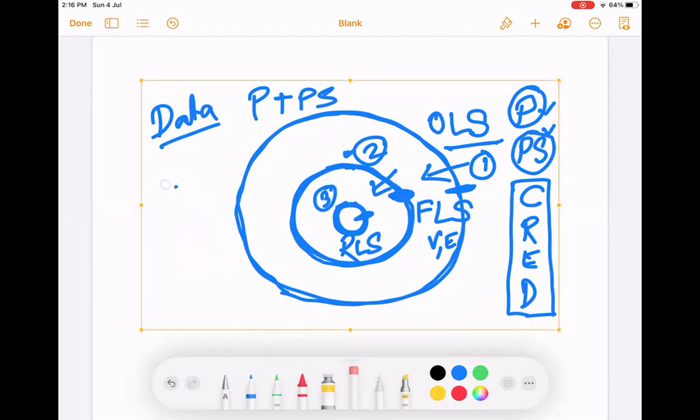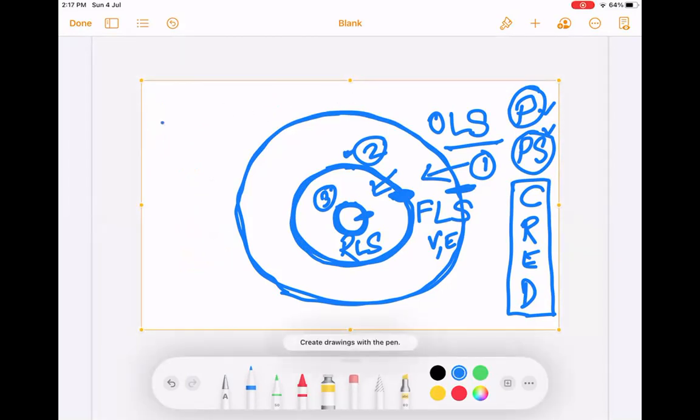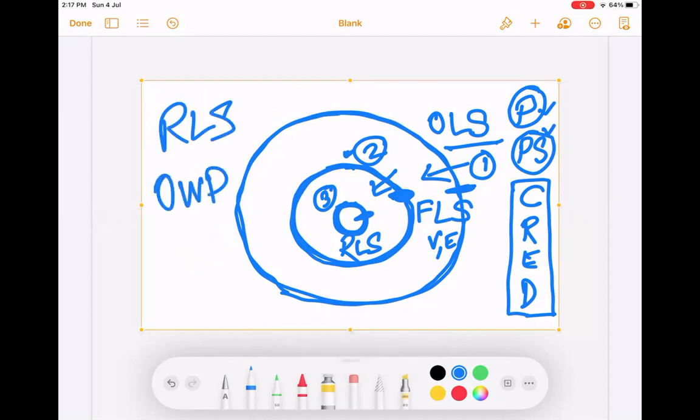Record level security is provided using OWD. What is OWD? Org wide defaults. OWD is set for each object.